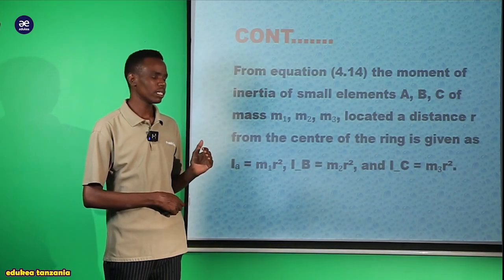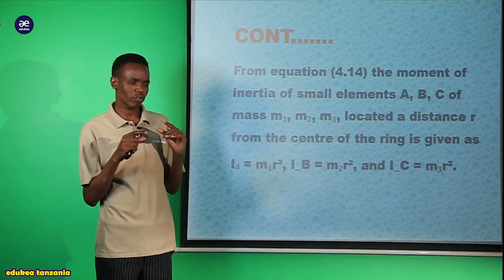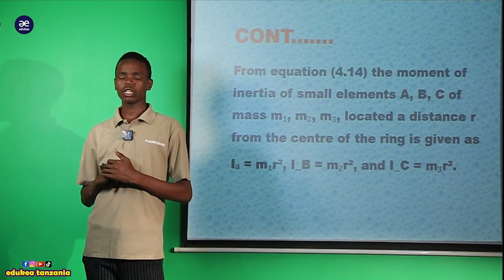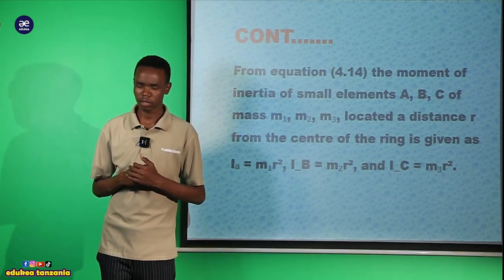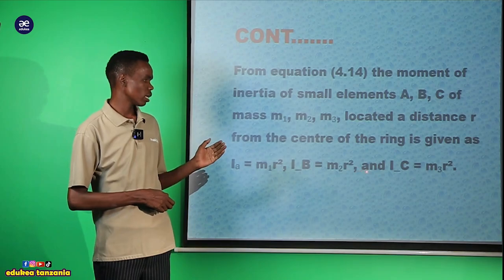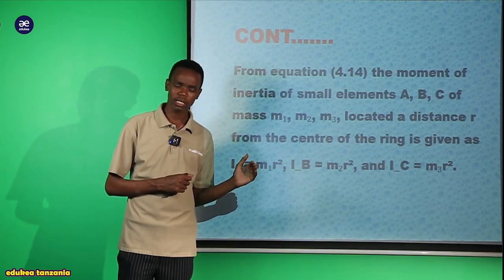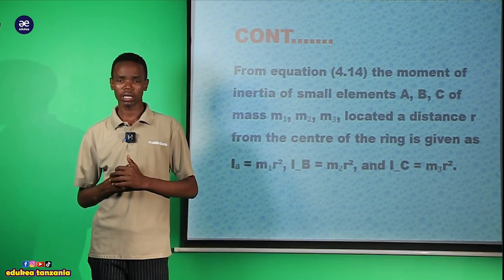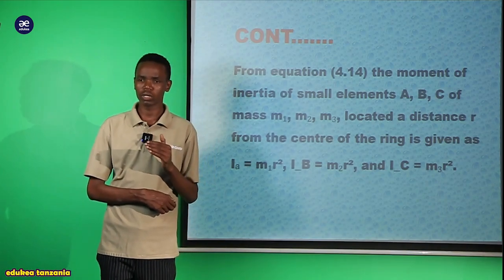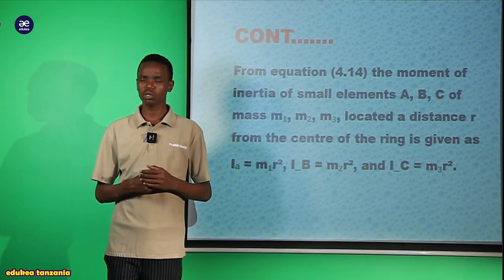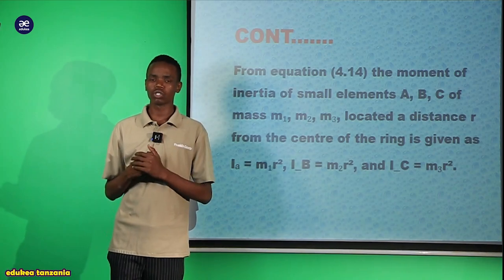So the moment of inertia for point A must equal mass 1 times the distance squared. So to get the moment of inertia at point A, we take mass 1 and multiply it by the distance between that particle, that is the center, and the small element. Also, the moment of inertia at point B must equal mass 2 times the distance squared. So the moment of inertia of point B will be equal to mass 2, then we multiply by r squared,